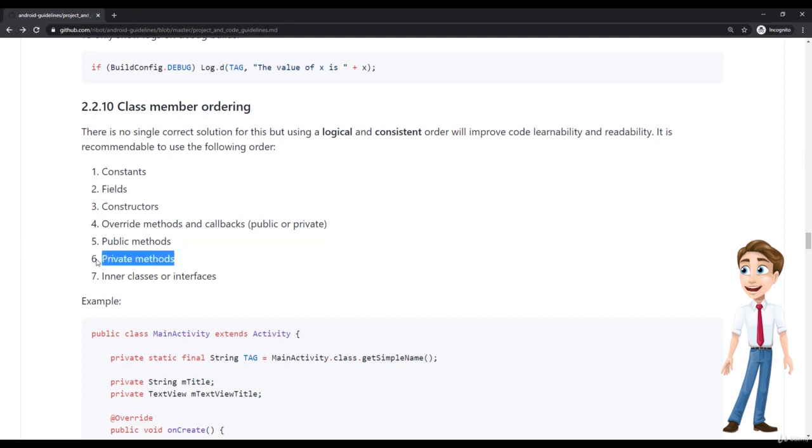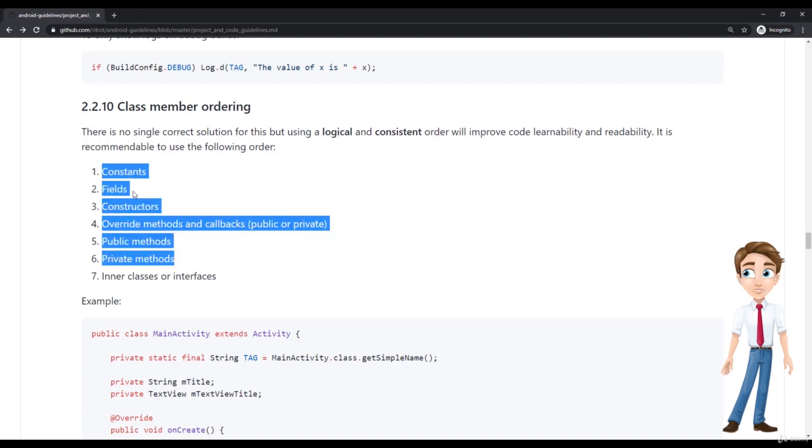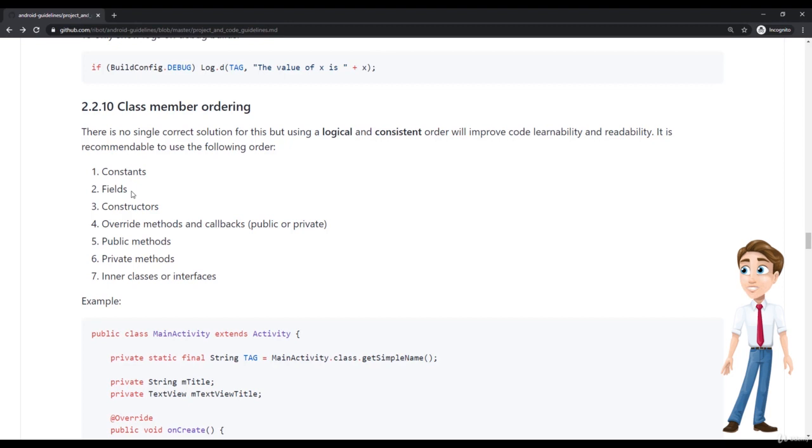You know that private methods are going to be at the bottom of the class, and the constants and the fields should be at the top of the class, and that's really a good idea. If you have them mixed up in several classes, as a developer, you might end up having to read all the content of the classes, and it's just better to have this kind of preparedness for knowing where the actual components are within a class.